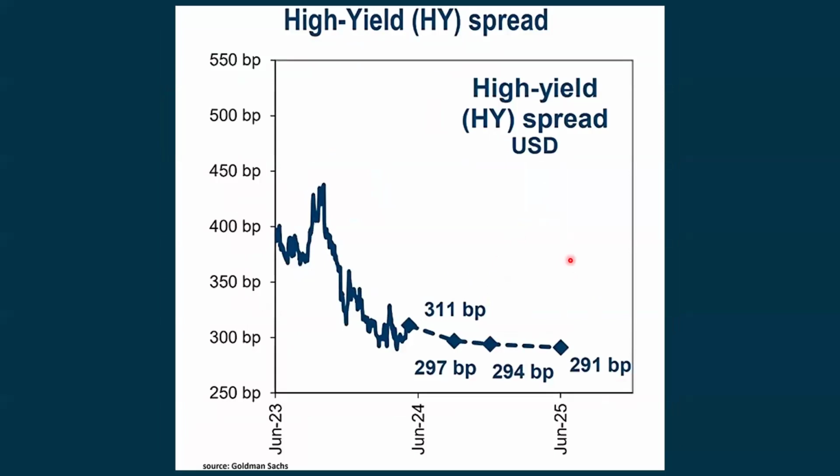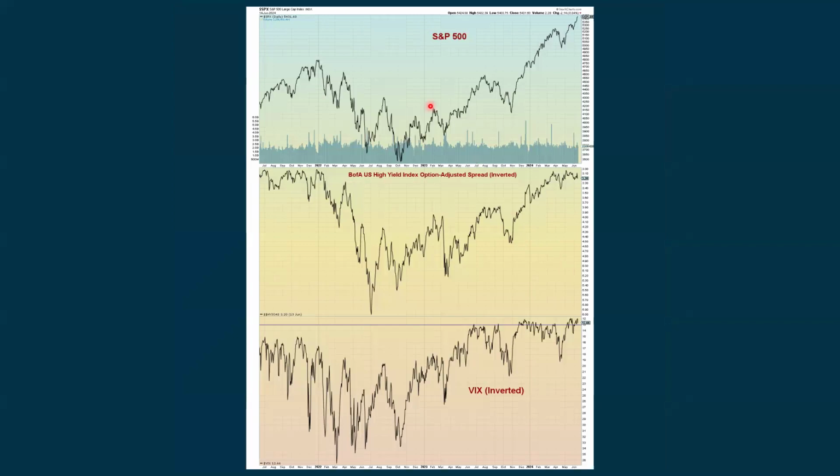And here's that same thing just represented in a different way. This is high yield spread, and it's just continuing to decline. If this was going up, that means that the bond market is experiencing more fear, and that would be more negative for stocks. Now, here's another look, and I've been showing this lately in these videos, where we have the